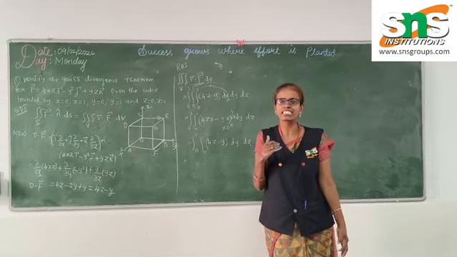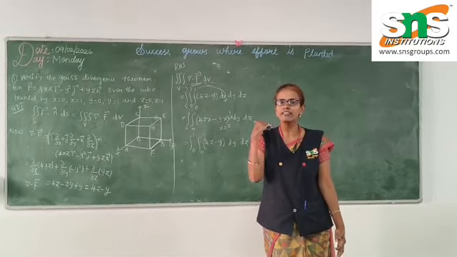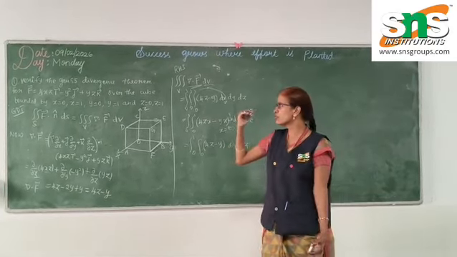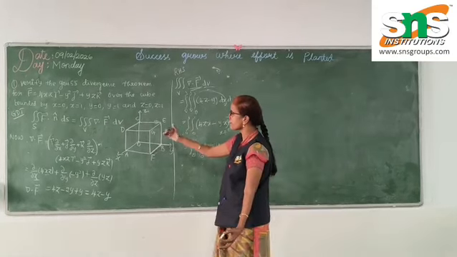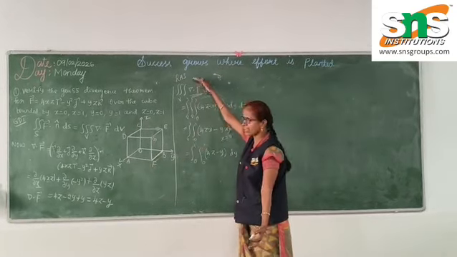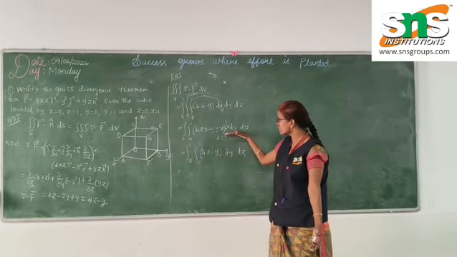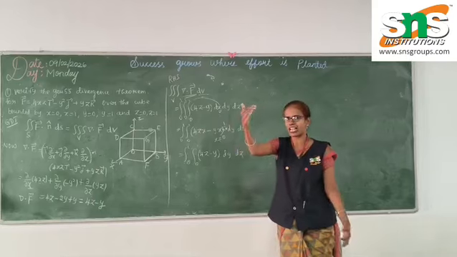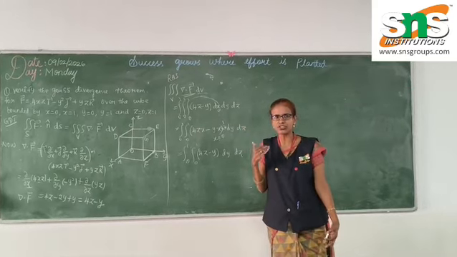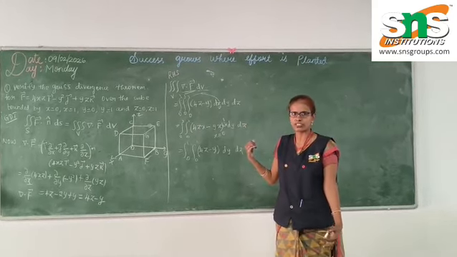Now we are in Gauss divergence theorem. Already we started one problem. First we need to find del dot F, and then find the right side term. One by one we need to evaluate the integral. Up to the first integration we already completed in the last class. Now we are going to continue the same problem.